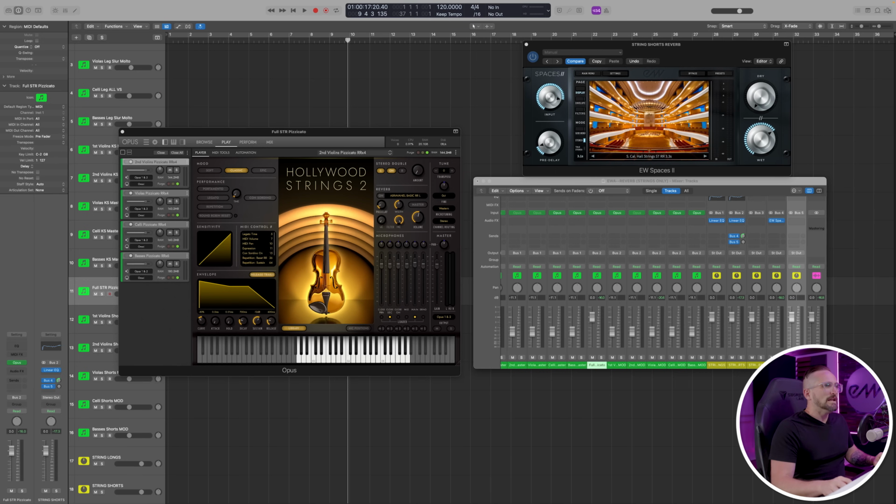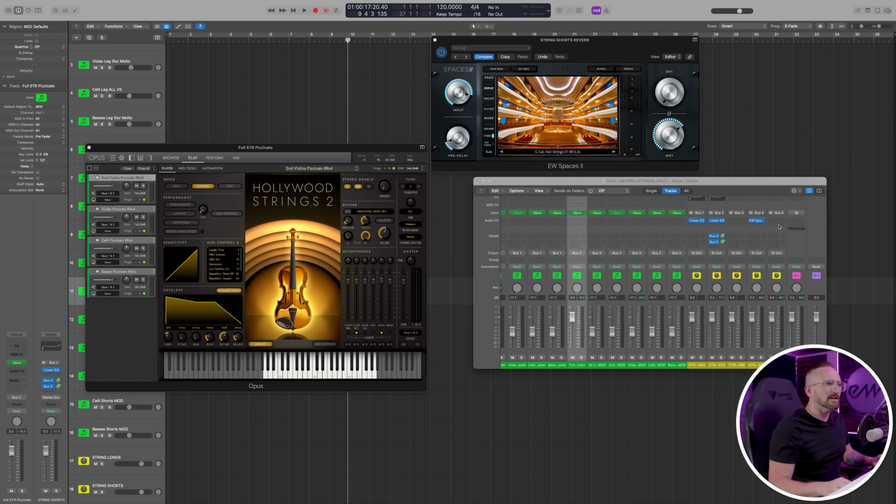However, Spaces 2 also includes impulse responses from spring reverbs, which you often find used on guitars, plate reverbs, which are often used for snare and vocals, as well as algorithmic reverbs, which you can think of as kind of being programmed from the ground up, just as a very complex series of delays. Now, a common practice in orchestral mixing is to send all of your sections to a convolution reverb, again, to place those sections in that space, but also to send to an algorithmic verb, which is going to help glue everything together, and it also tends to give you slightly more interesting reverb tails.